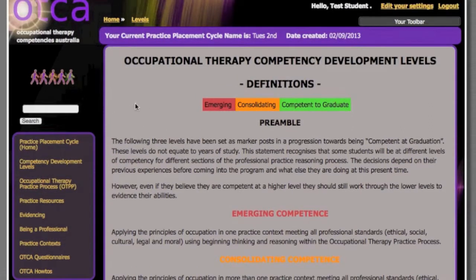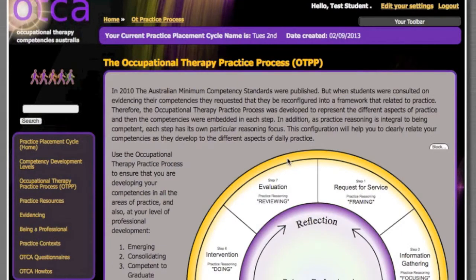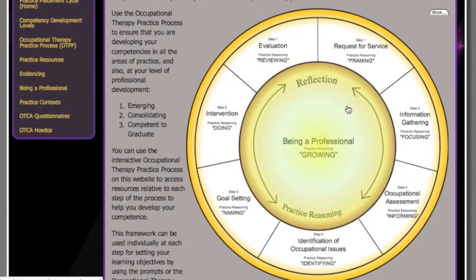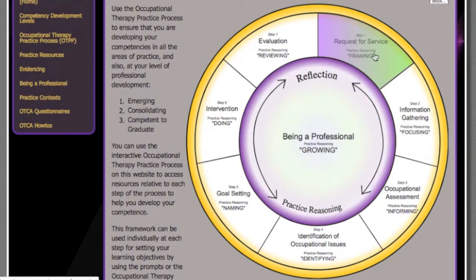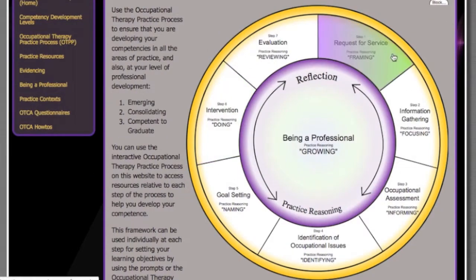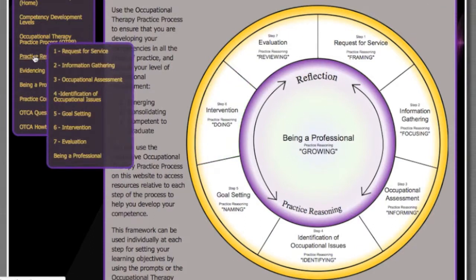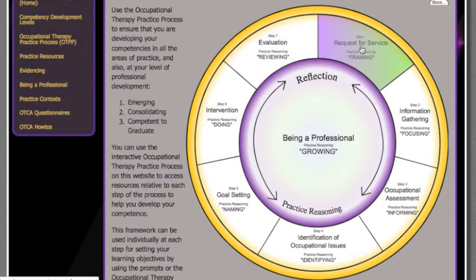Now the other feature of the website that I mentioned earlier was the occupational therapy practice process. This is divided into several steps. So we have request for service, information gathering, occupational assessment, identification of occupational issues, goal setting, intervention and evaluation. These are 7 steps that you can access through the left-hand side here, and each of these can be also used to access the resources which are in the practice resources menu here, or you can go in via the